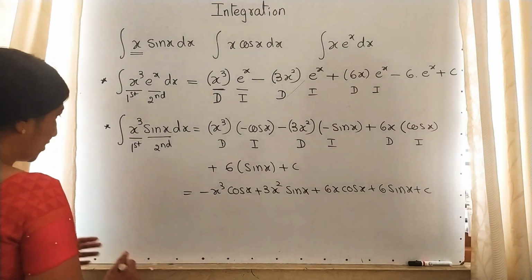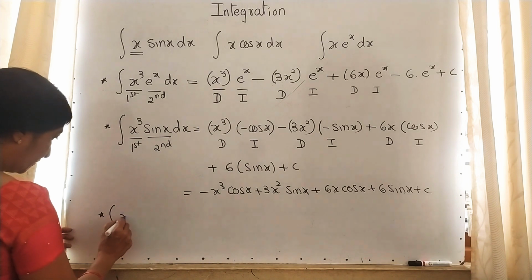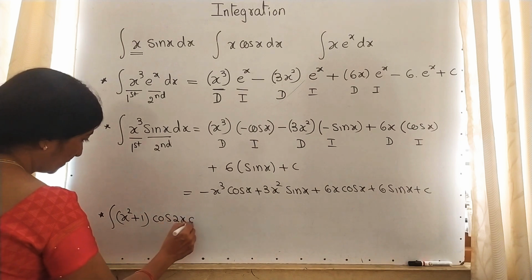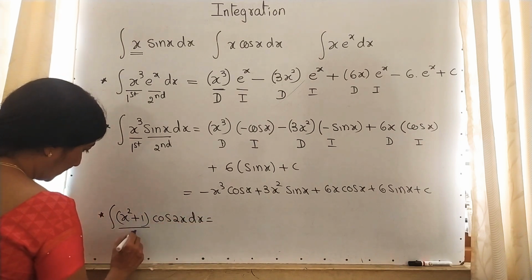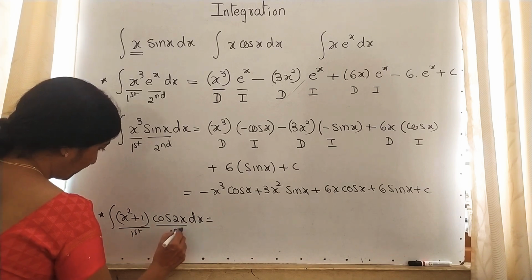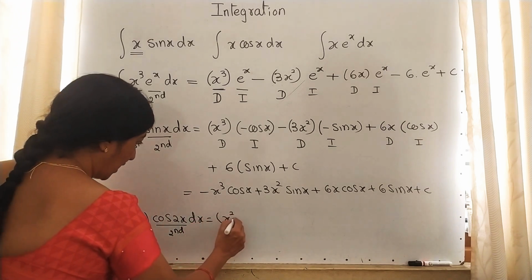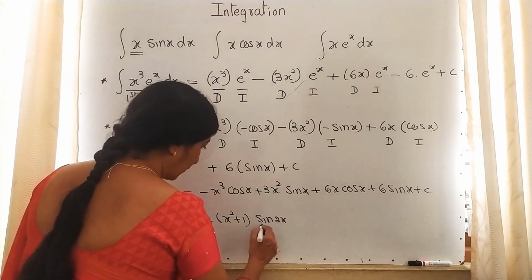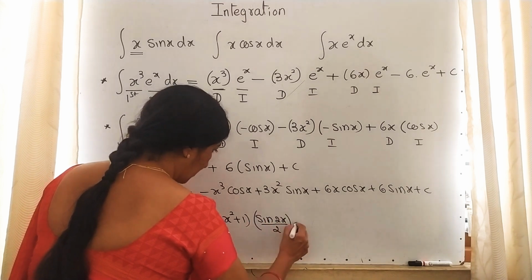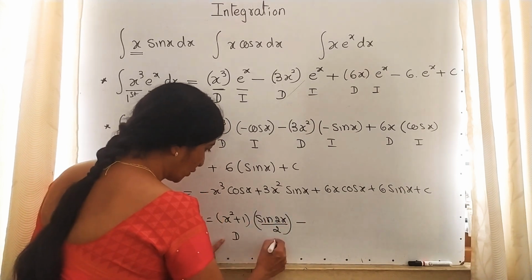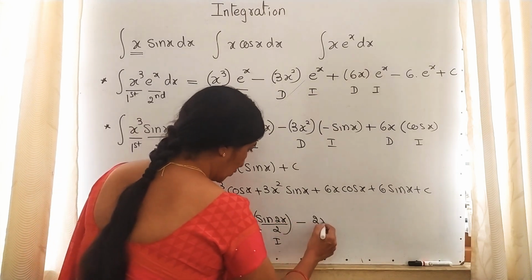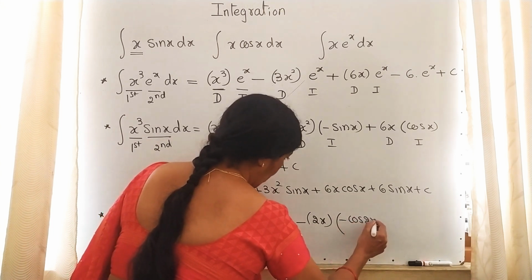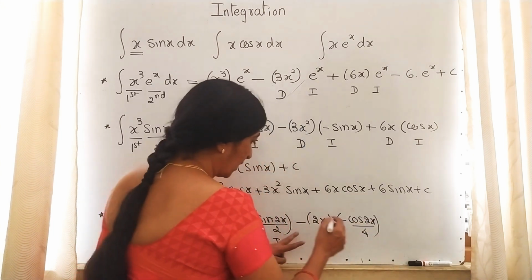Within a fraction of a second you are solving. I will write one more here. Yes. This is the first function and this is the second function. I kept the first function as it is. Integration of cos 2x is sin 2x divided by 2. Then middle minus. This is differentiation, this is integration. This is 2x and this is minus cos 2x upon 4. Already 2 is there. Next after minus, plus.